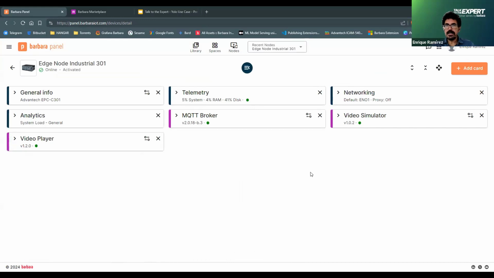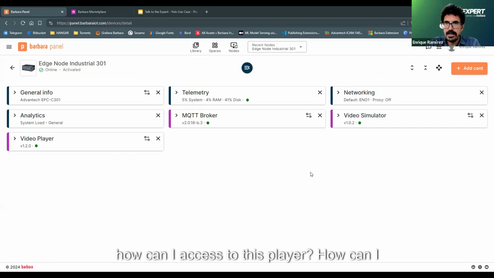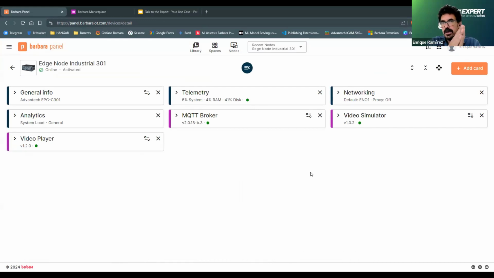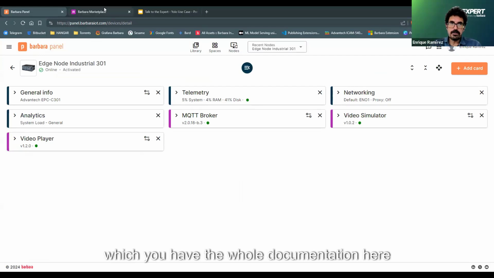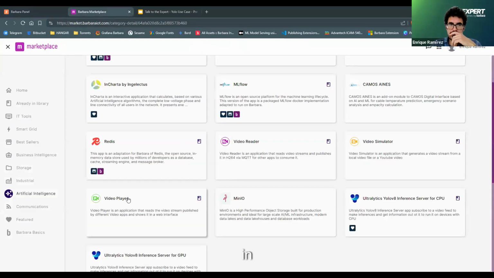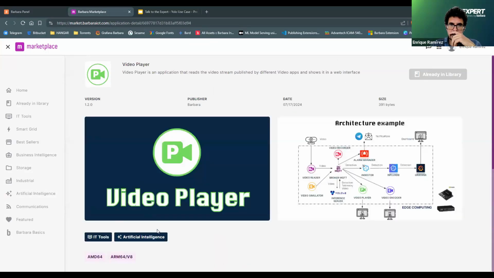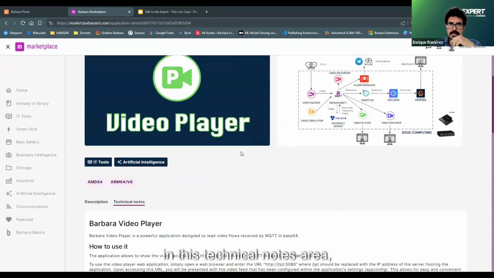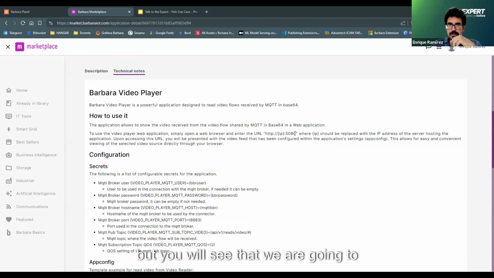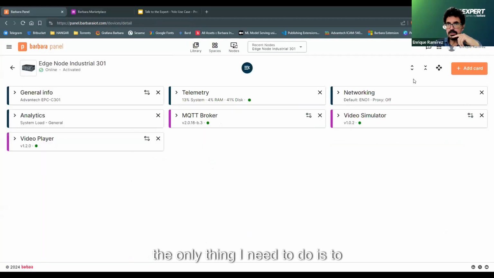So now, how can I access this player? How can I access this image to check the original video I'm going to work with? You have the whole documentation here in Marketplace, in this technical notes area, but you will see that we are going to publish our images in the IP of the node and the port 80. So the only thing I need to do is to